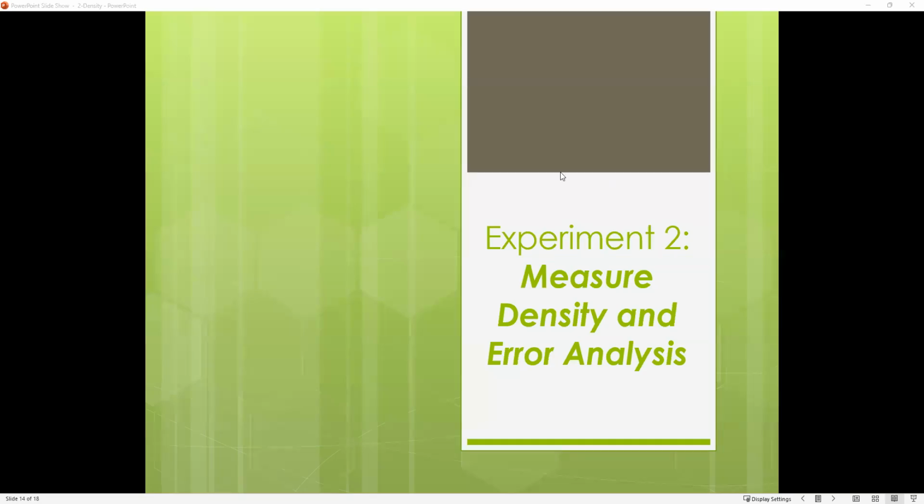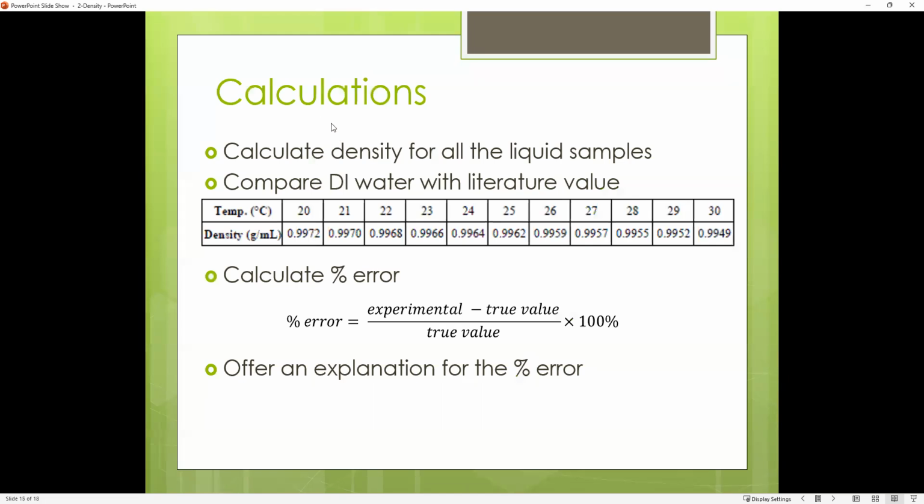All right, here's the part about the calculations on experiment 2. So first, you're going to calculate the density of all the liquids, so taking mass over the volume of it, and then it's going to ask you to compare DI water with the literature value. So you have the temperature of your water. So if it's like 22.5, then you can average these numbers together and approximate it to get a more accurate